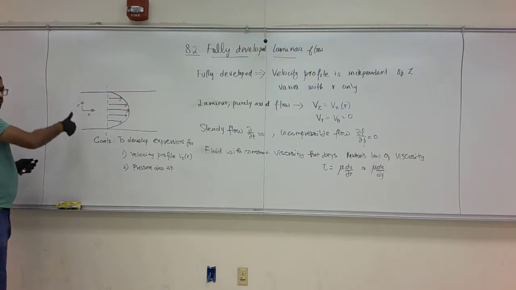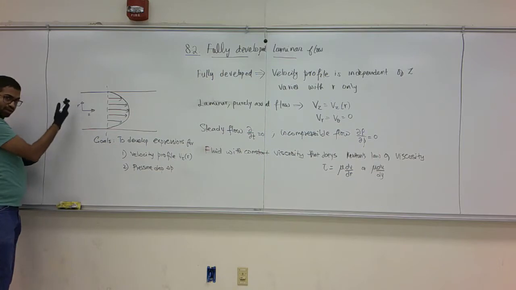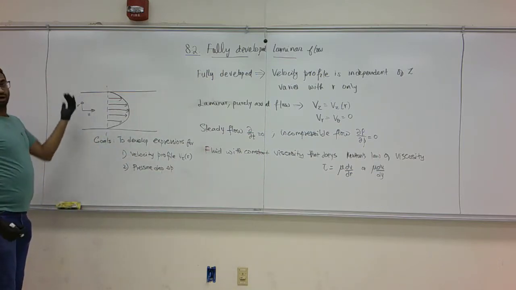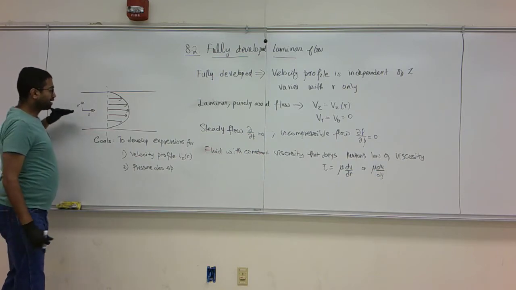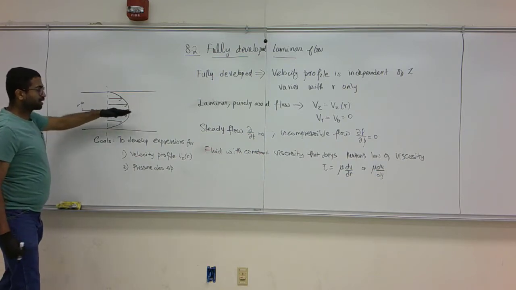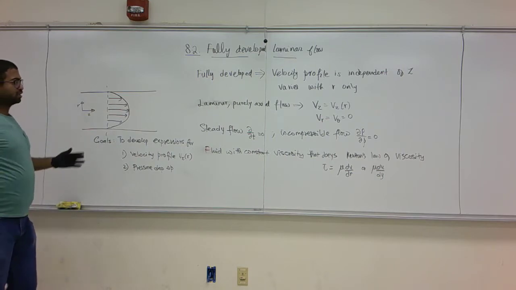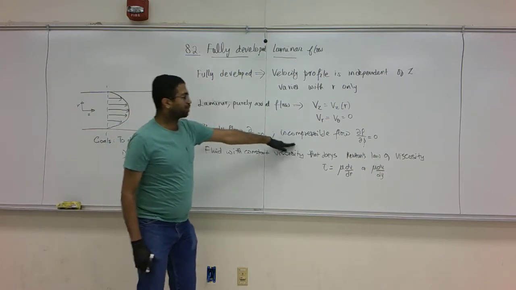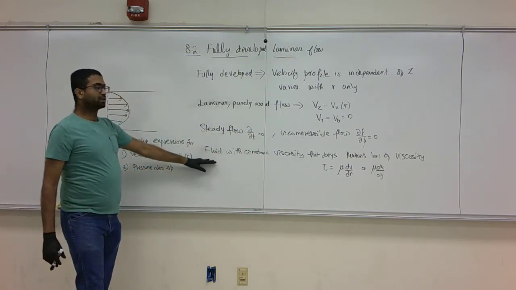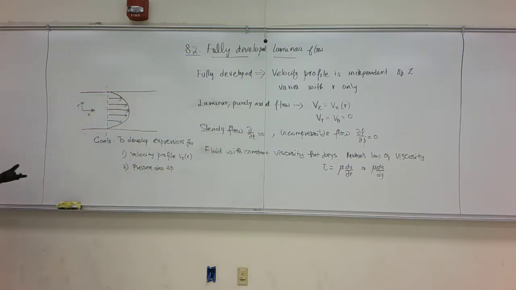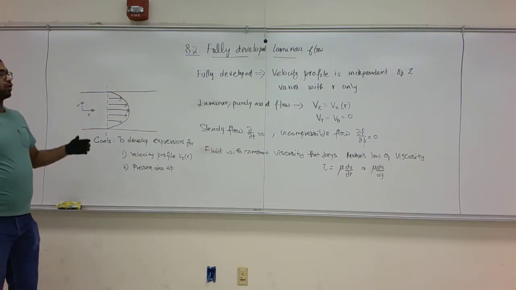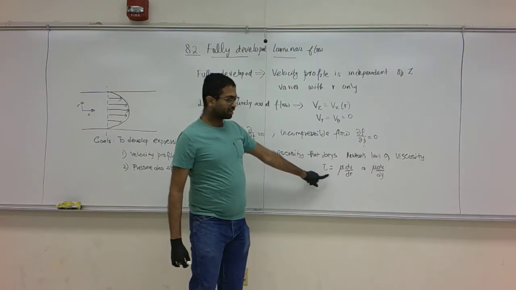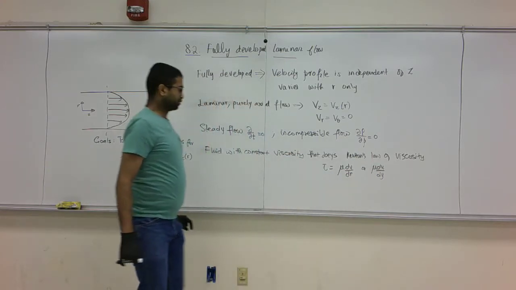There is no radial flow, no fluid flowing along the radius, and no fluid flowing in a tangential or circular motion. So we have something that's flowing only in the z direction in a nice laminar fashion, and we additionally consider the flow to be steady, incompressible, and the fluid has a constant viscosity that obeys Newton's law of viscosity, that is, a linear relationship between the shear stress and the velocity gradient.